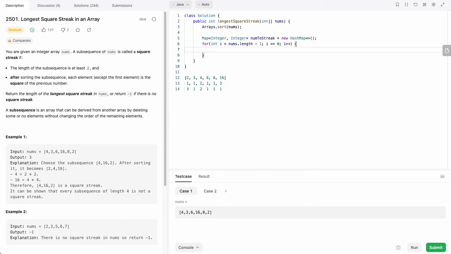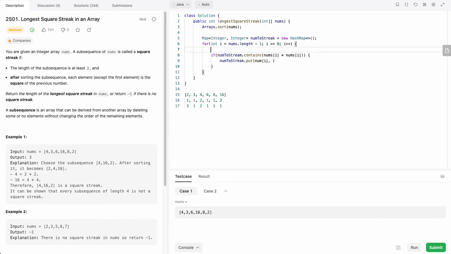And then it'll basically be, if we've seen this number before, then we just add that number plus 1. Actually, it's not if we've seen the number before. If we've seen the square of the number before, right,